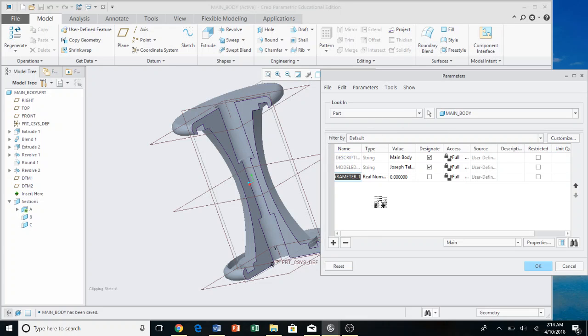So add, I'm going to call this part no, and we are going to do string, and then for the main body, it's A001. Hit check mark, click OK,